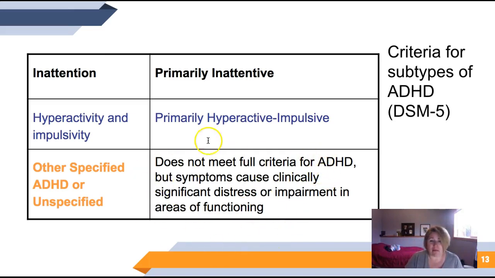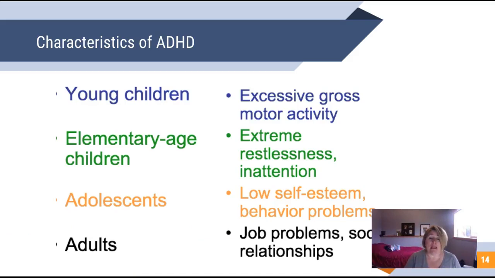Now, why do we have this kind of a modifier? Well, because we have insurance companies, and if we're treating someone for something, whether it's through therapy, counseling, or medication, they want to know that a medical professional has established that there's some criteria for what's going on with this individual. And so someone may have other specified or unspecified ADHD because they're getting some sort of treatment, counseling, or medication. And in school settings, I think it's worth noting that not every kid will fit perfectly in every set of criteria you have. That doesn't mean they don't need something.